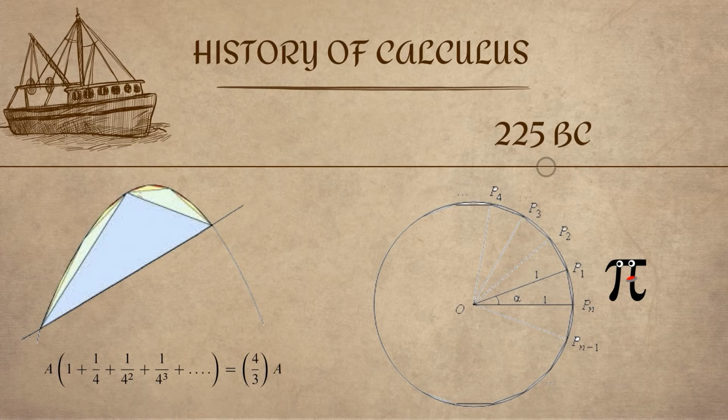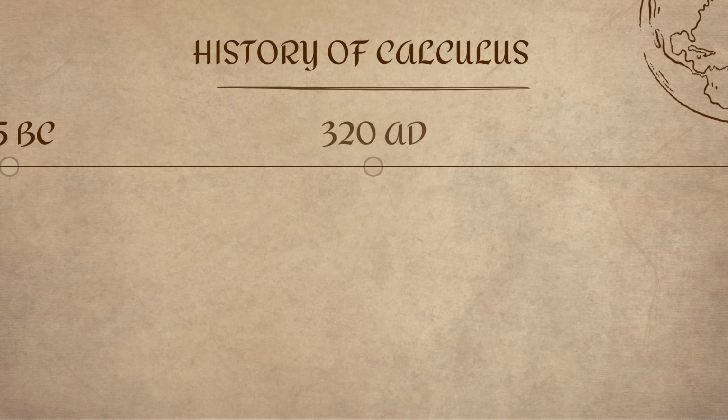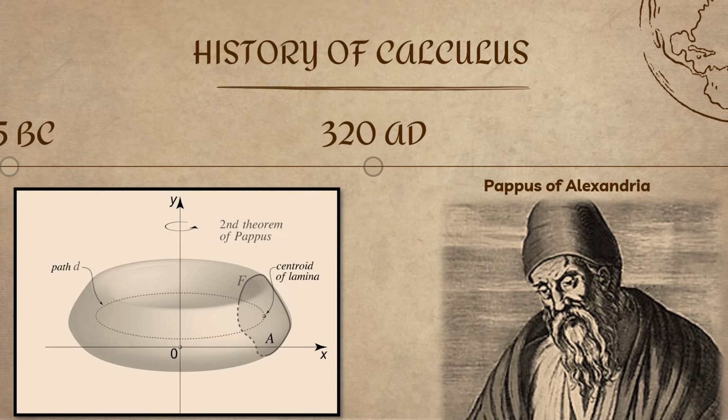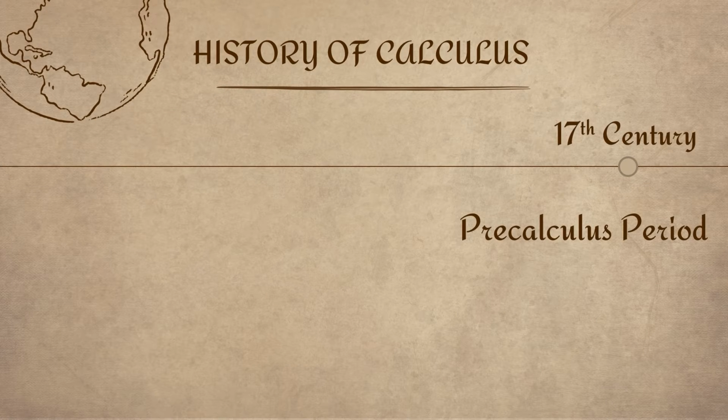Archimedes made one of the most significant Greek contributions around 225 BC. Around 320 AD, Pappus, a Greek mathematician, estimated the volume of a rotating solid when a planar figure was rotated around a non-intersecting line. But he didn't explain it. For the next 1,300 years, no remarkable discoveries were made until an explosion of achievements in the early 17th century,